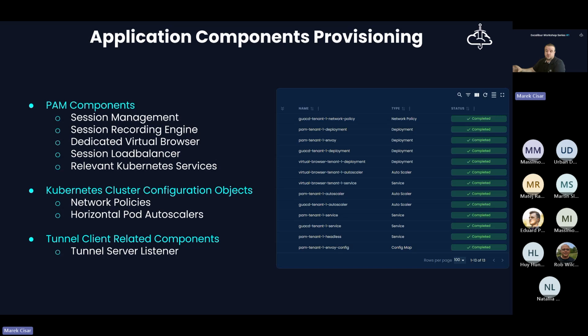But those components are designed in such a way that it is almost impossible to somehow leak the data or breach the boundaries of each tenant to some other one.